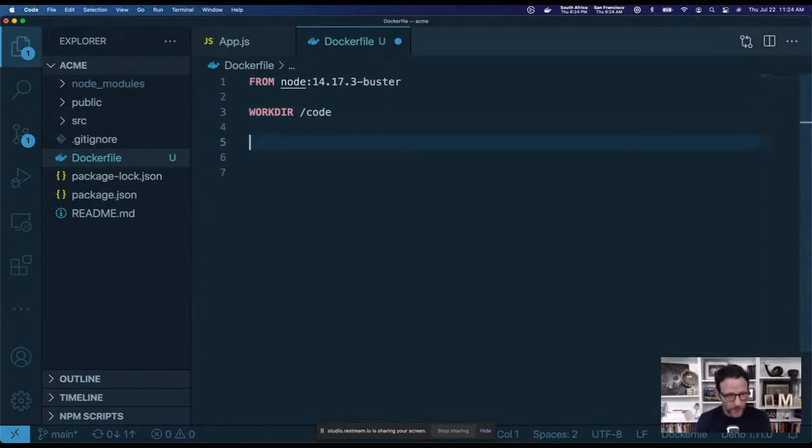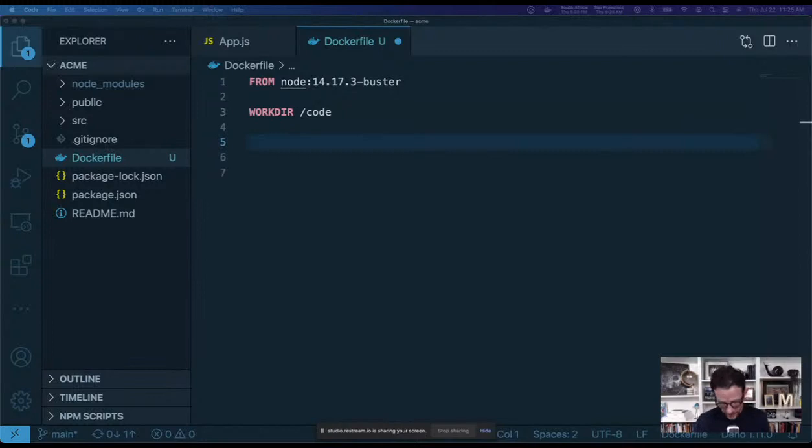Okay, this is the same thing as if you were working locally. You would probably create a folder or directory in your projects folder, where you keep all your source code. You would cd into it, and then you would pull the code down with a GitHub clone, something like that, right? And so that's kind of what we're going to do here. We need to get our code inside of our image. So the first thing we need to do